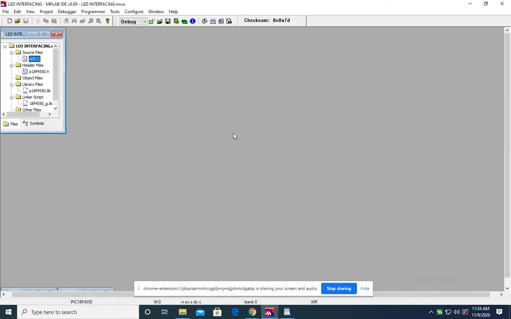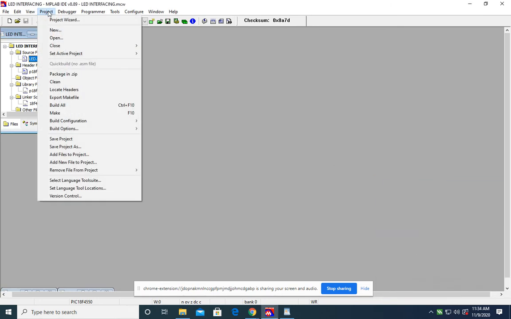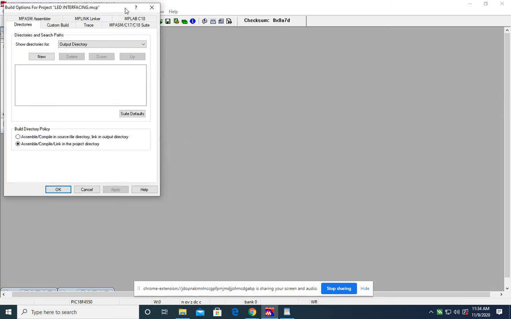Now how will it be saved? You have to go to the Project option again and then the Build option. Here you will find your file. Now go to Project, where you have to give your destination, the place where all the files related to this program will be saved. That means the hex file, header file, linker file, library file, and object file.